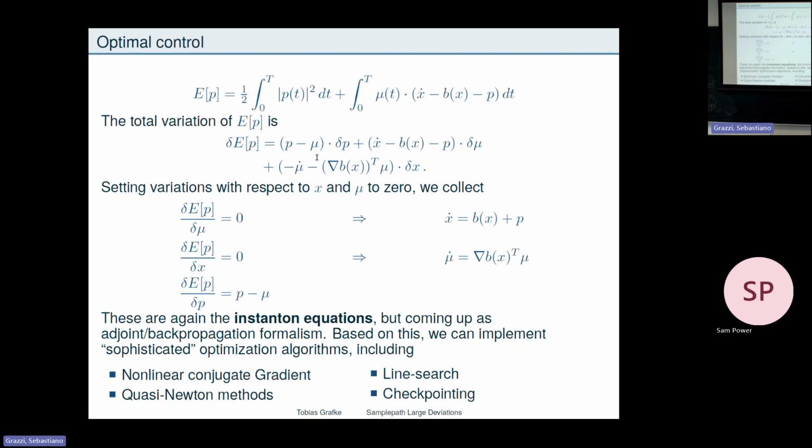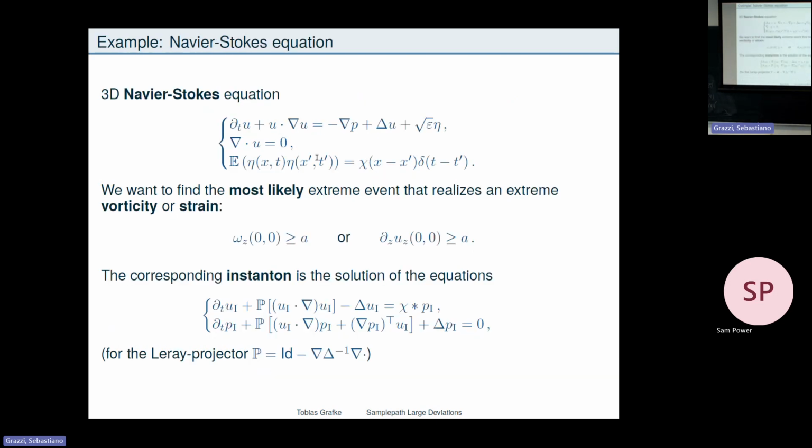So this is now really the final thing that allows me to tackle the biggest systems that I can think of. And the biggest system that we could think of and that we actually care about is the 3D Navier-Stokes equation. I don't know if people know it, but it's just advection, pressure, Laplacian, and noise, which is the non-standard thing, I guess. There's stochasticity. It's divergence free. And I have some large scale forcing covariance.